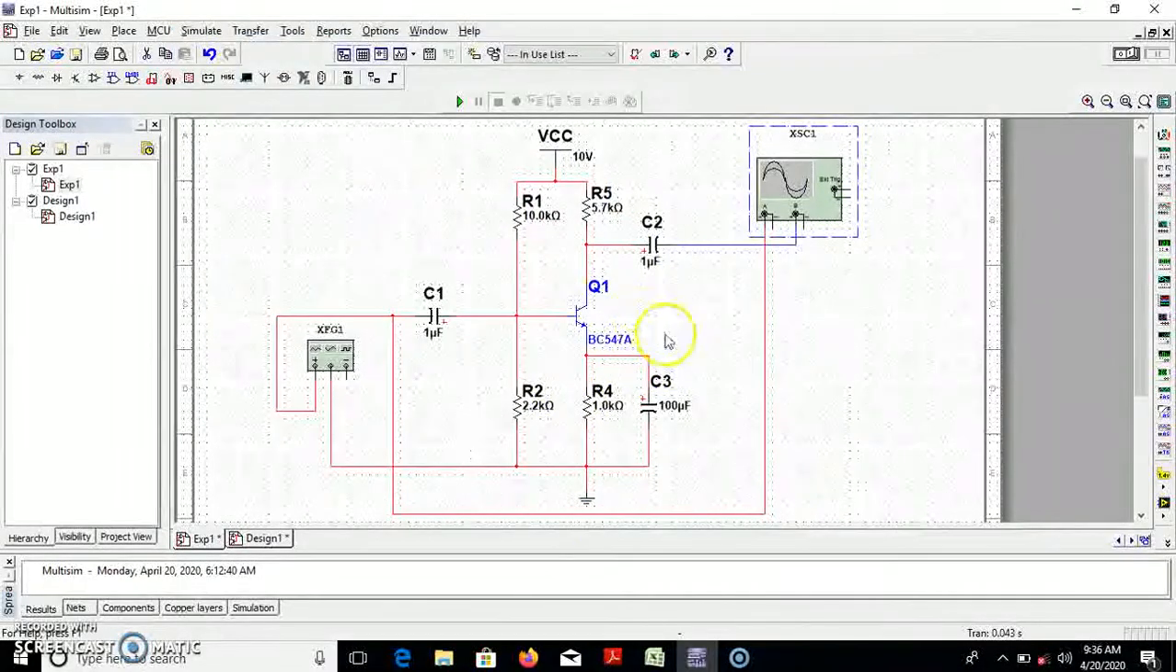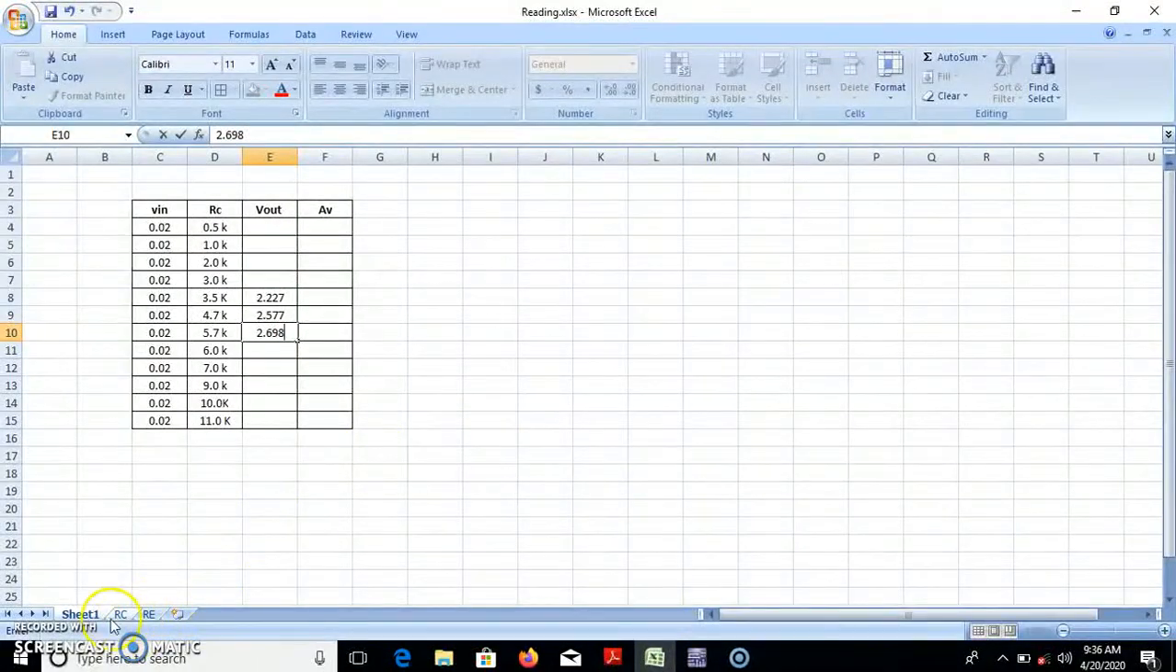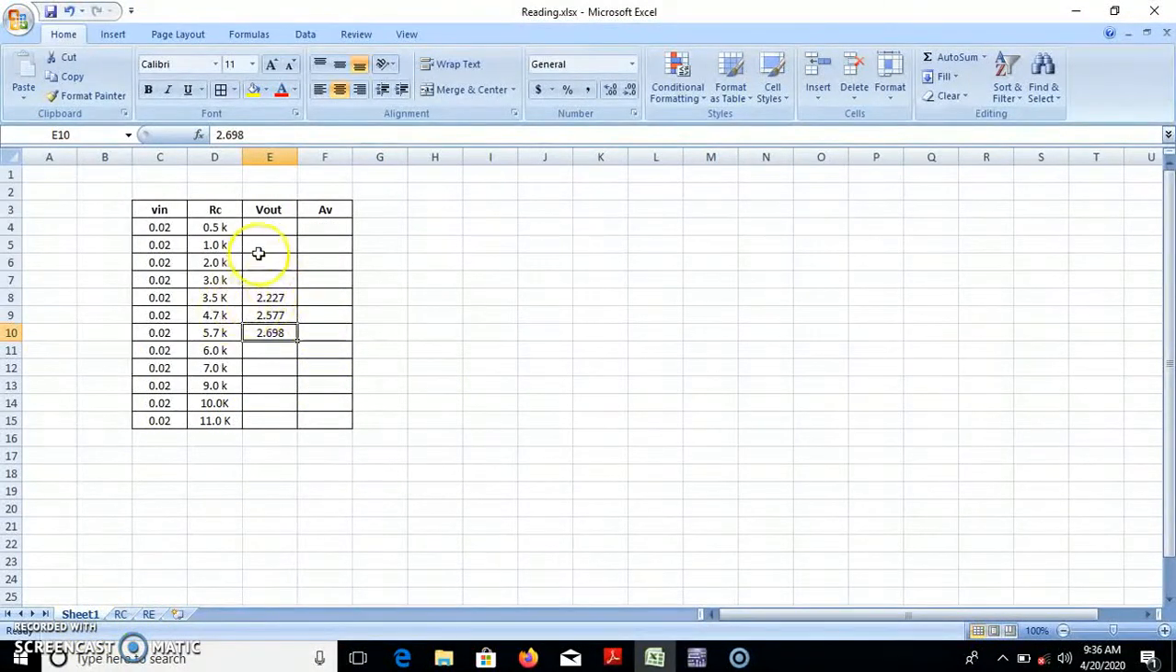So I already collected a number of readings over here. So you can go to this RC variation sheet. From this one, once you have Vout and Vin, you can take the ratio. You can take the ratio of Vout by Vin, that will give you the gain. So for the given measurements, reading 3, the gain at 3.5 kilo ohm is 111.35, at 4.7 it is 128, and at 5.7 it is